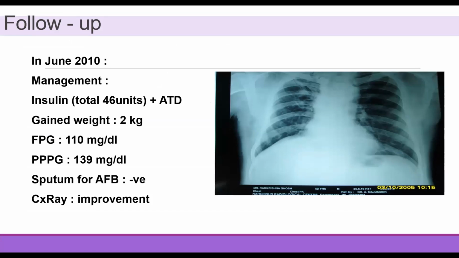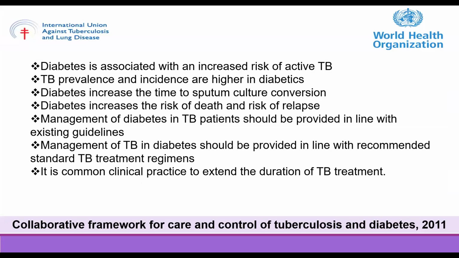The anti-tubercular drug continued. The patient progressively required a higher dose. The total dose of 46 units was required. The patient gained body weight, and over a period of time, there was a significant improvement in the X-ray finding, and the patient recovered completely. If you look into the guideline as far as the World Health Organization is concerned,